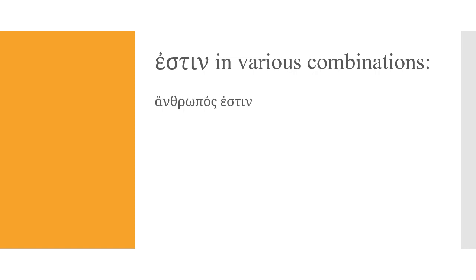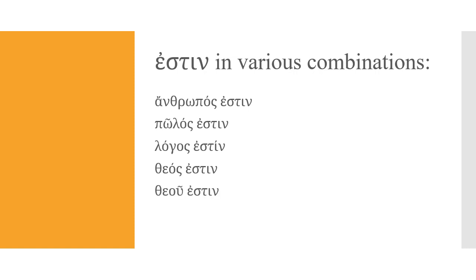So with an antepenult acute, anthropos ἐστίν, with a circumflex upon the penult, polos ἐστίν, with an acute upon the penult, logos ἐστίν, with an acute upon the ultima, theos ἐστίν, with a circumflex upon the ultima, theou ἐστίν,